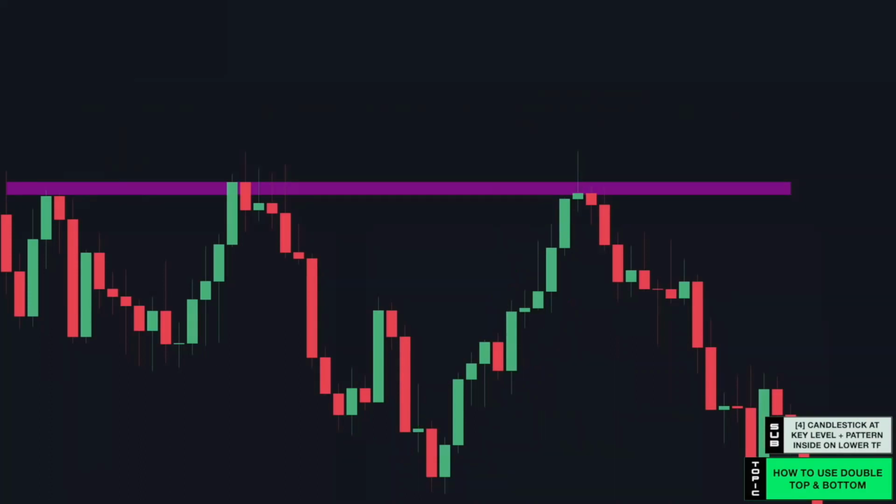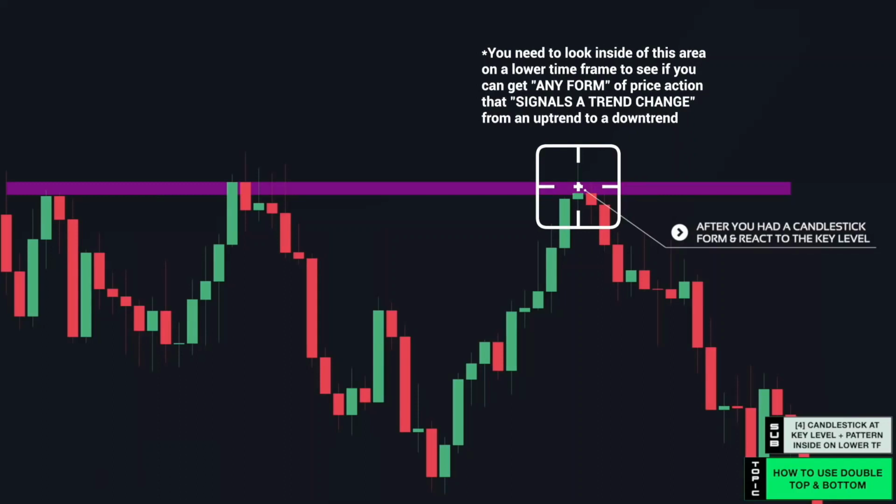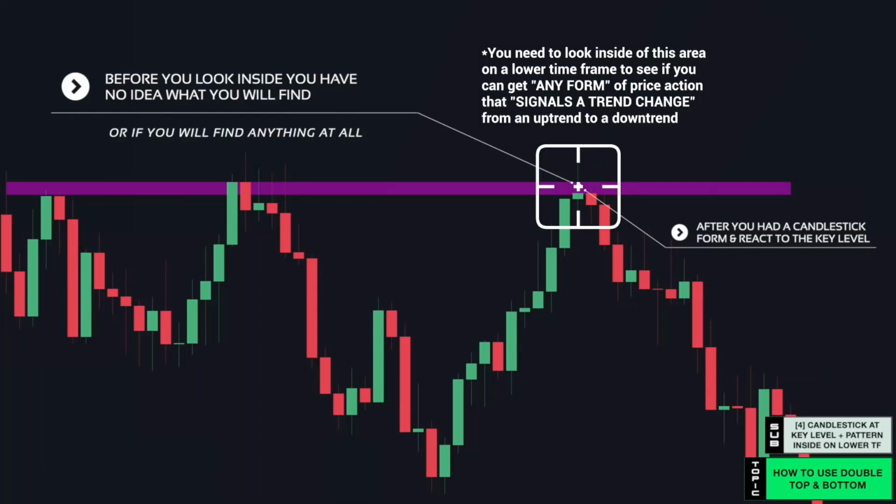So what you need to do is after you have your long wick candle react to the level of resistance, you need to look inside of this area on the lower time frames to see if you can get any form of price action that signals a trend change from an uptrend to a downtrend. Now, this is a very key point. Before you look inside of this area, you have no idea what you will find or if you will find